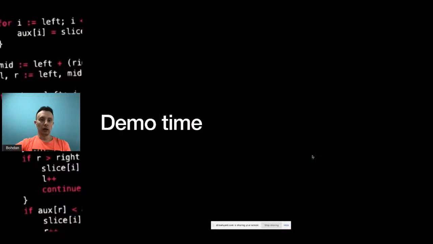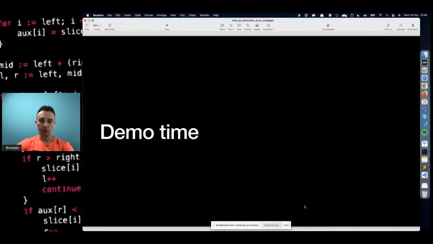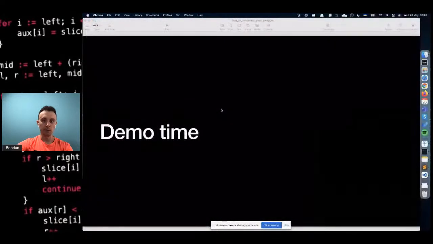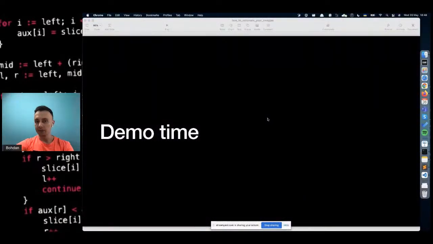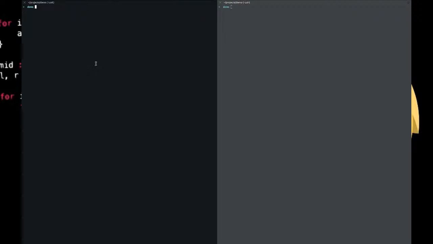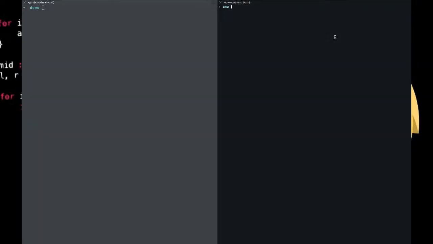Okay, so let me show you something regarding this with a demo. Let me just demo it. Firstly, I will stop the sharing and start it once again. Let me share my screen once again. There is a bug in macOS there. Okay, so I hope you see my screen right now. I will try to enlarge it.